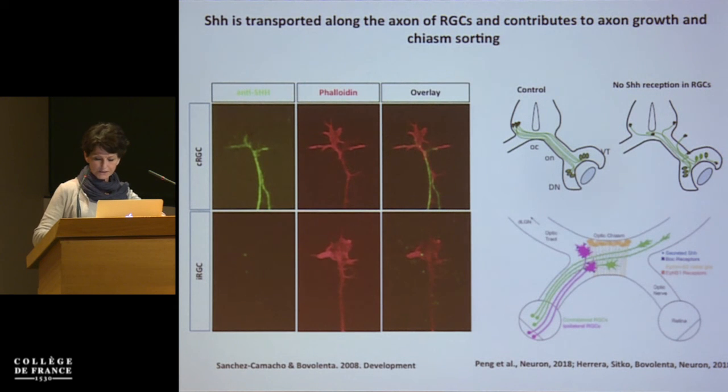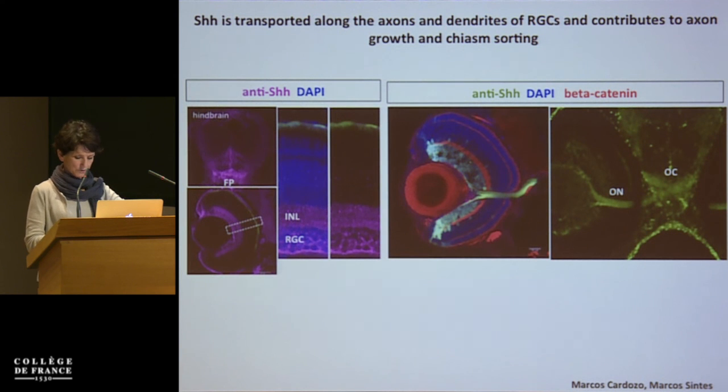This is an interesting hypothesis, but we believe that this is probably not all that sonic might do in the